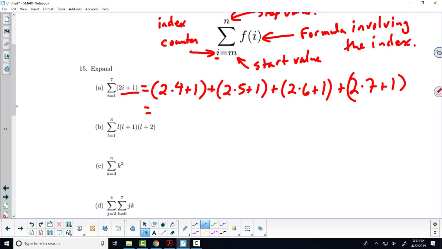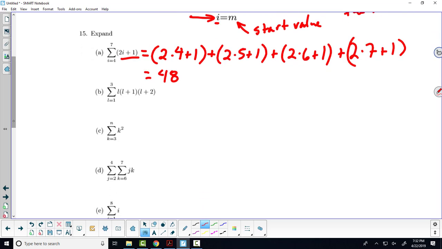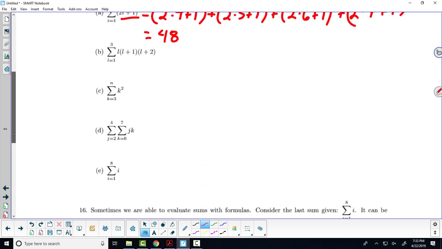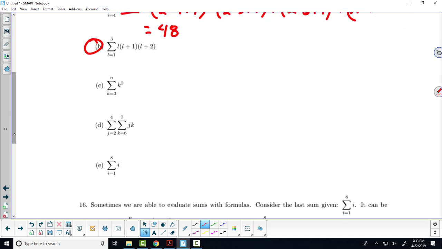Okay. So help me out, folks. I think we get 48. Yep. Okay. All right. So I would like you to now, in your groups, do them in this order. B, C, then E, and then do D. Okay. I don't know why. Someday I'm going to switch these two around. Okay. So do B, then C, then E, and then if you feel like it, go back and do D.